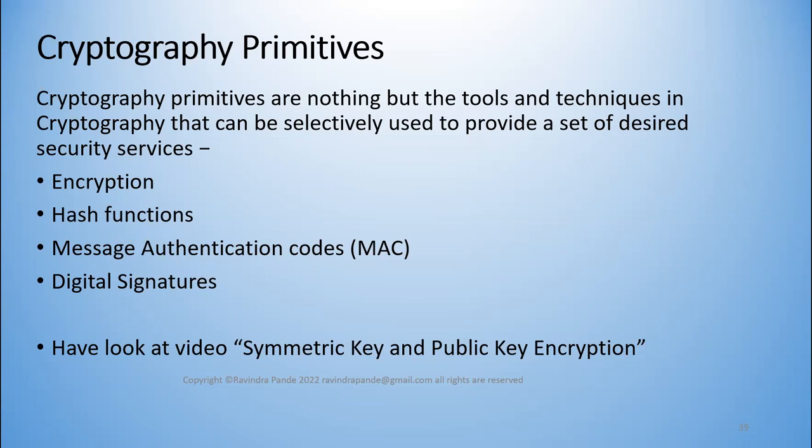So how do you tackle security in terms of the communication lines? You do encryption, you use something called hash functions, and you use something called MAC, message authentication codes, as well. And then we have digital signatures also, which were added around the year 2000 or so. Let's try to understand them one by one. I believe we have understood encryption. We will understand hash functions